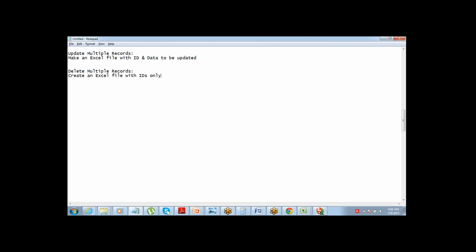Again, ID, because that's the identifier. So all I need is a file with the IDs of the records which need to be deleted. That's it. When you're preparing a file for deleting records, you just need one column, which is ID.